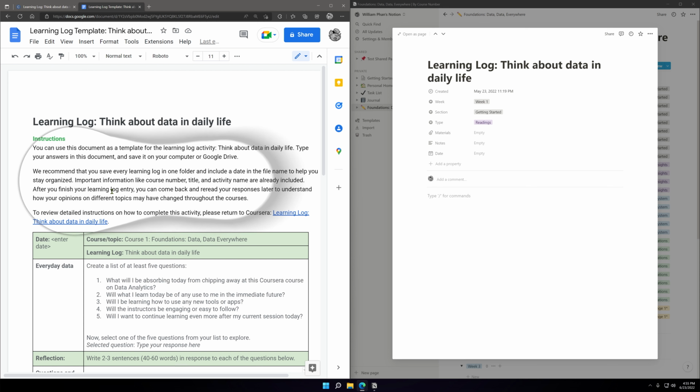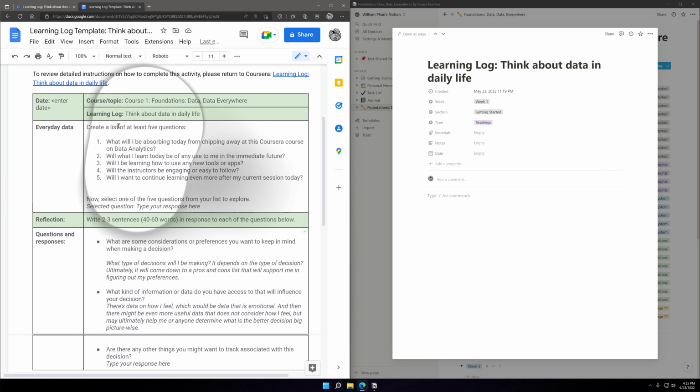Yeah, after you finish your learning log entry, you can come back and reread your responses later to understand how your opinions on different topics may have changed throughout the course. So what is the topic for today?